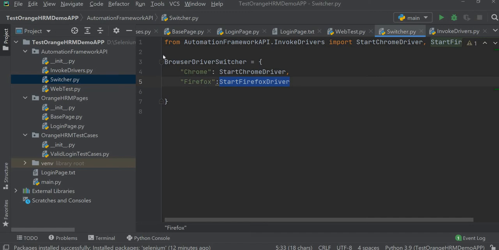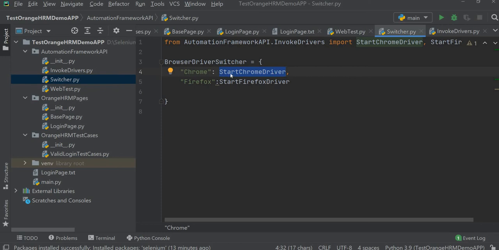So the idea is, we will create a dictionary. So this is our dictionary, browser driver switcher, the name of a dictionary which has key value pairs. Now what is the key here? Key is the name of a browser, and value is the name of a function which has the logic to start the respective Selenium driver.